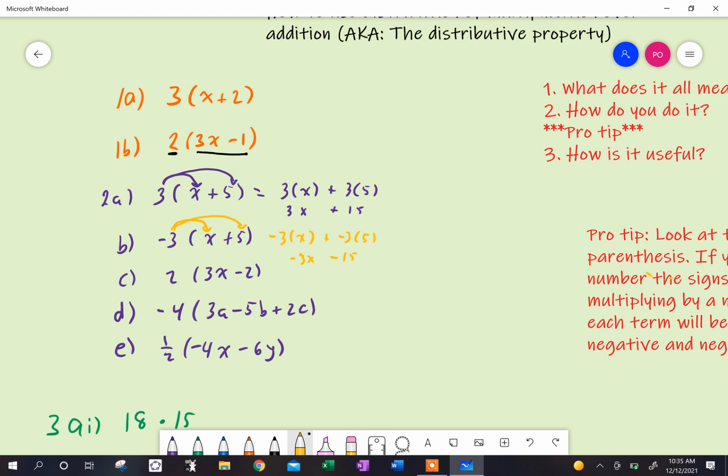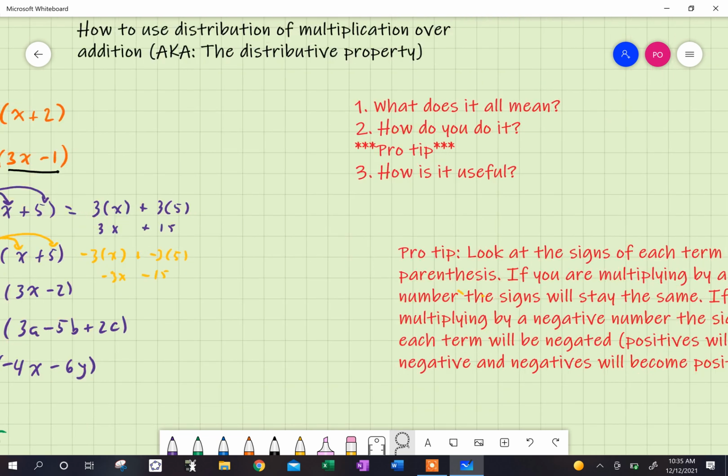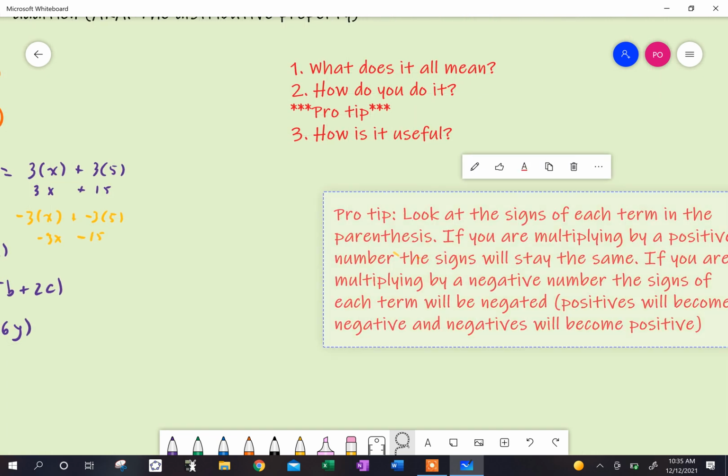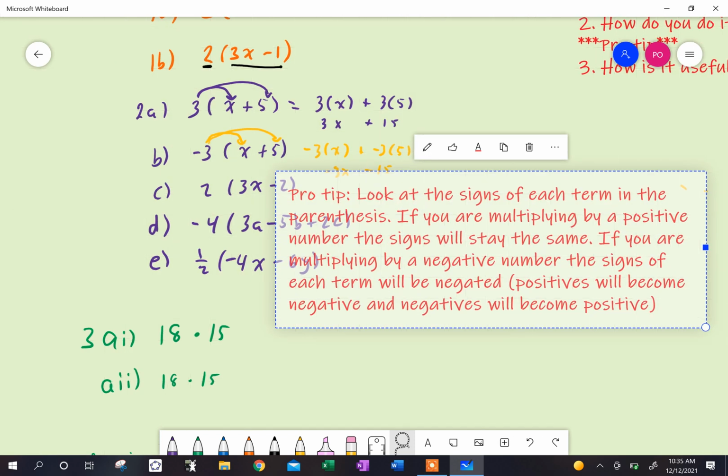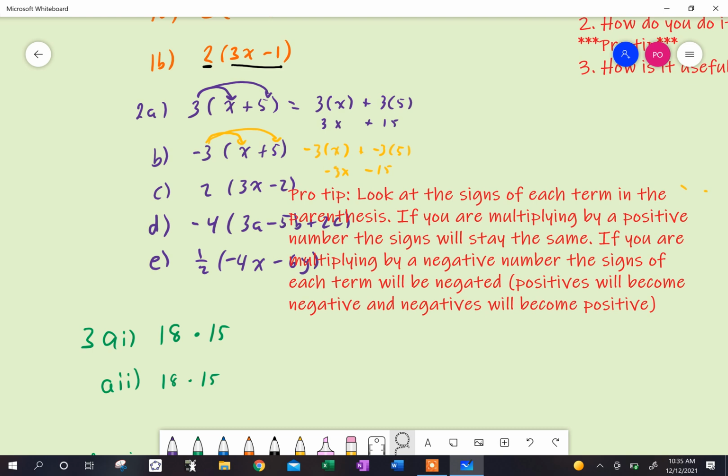Which really isn't a pro tip at all, especially if I can't seem to actually gather it. So take a look at this. If I bring this on over, maybe I'll just bring my page on over. Here we go. Bring this on over, move my page back. It says, pro tip, look at the signs of each